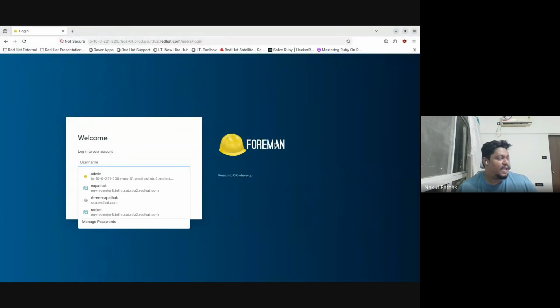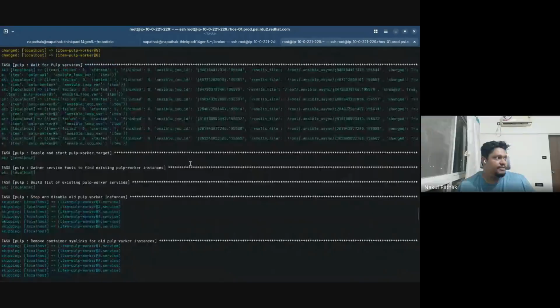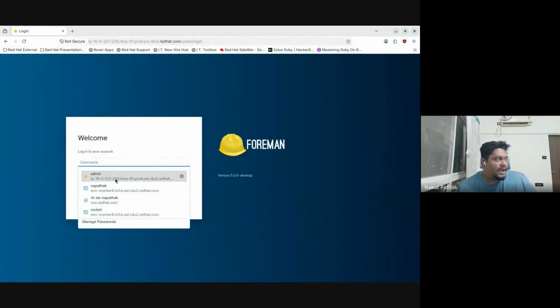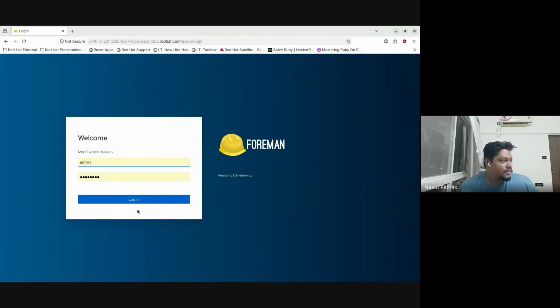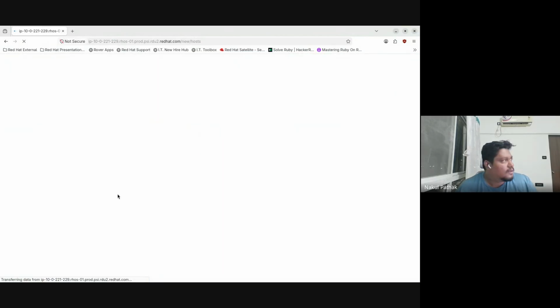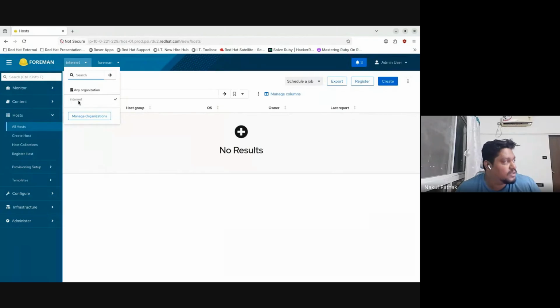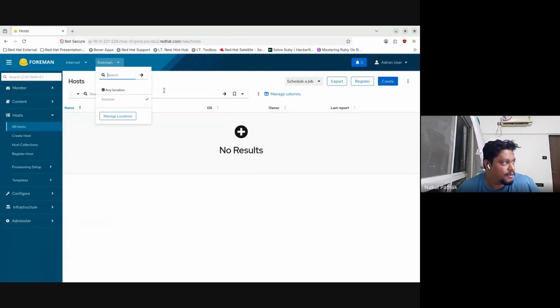and we would also get a new UI screen. Now the username and the password which we have provided, I would like to add it as I have already added. I would like to log in, and we can see, yes, we are able to see that we have got internet as our organization and foreman as our location, which